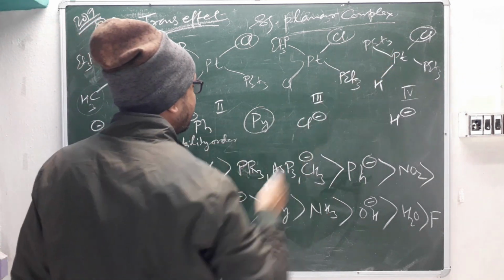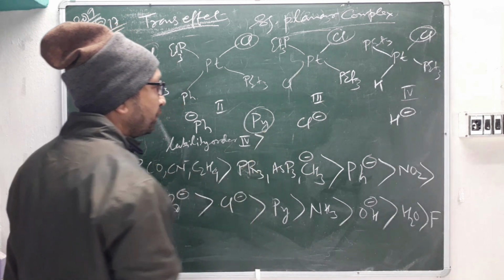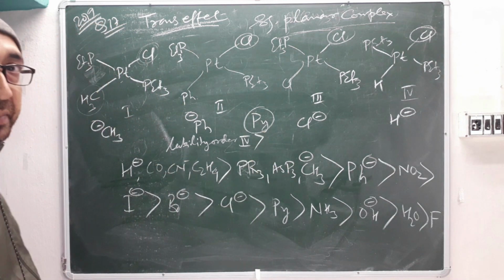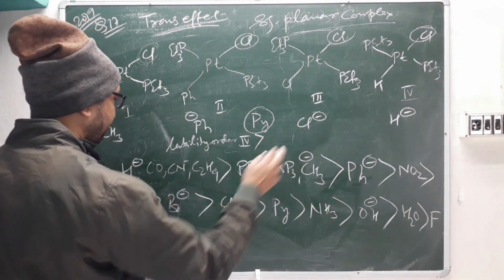Okay, for this chloride, I'll just write the lability order. It will be 4, and then 4 will be more labile. That chlorine will be replaced very fast. Okay, the reaction will be faster, and then after hydride,